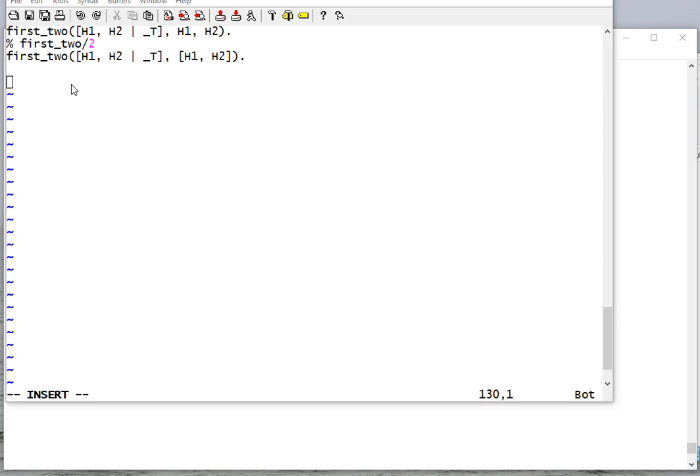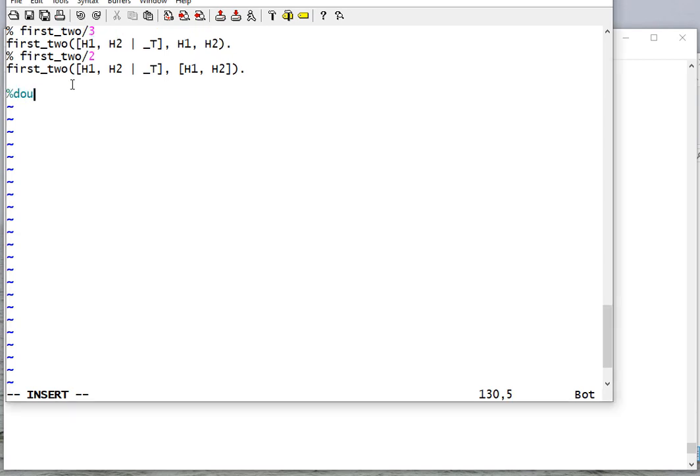Let's write some recursive list rules. The double list 2 rule is going to double each element in a list. My base case is if I have an empty list, then when I double it, I just have the empty list. Now the recursive case, I'm going to have a list, so I'll have a head and a tail,